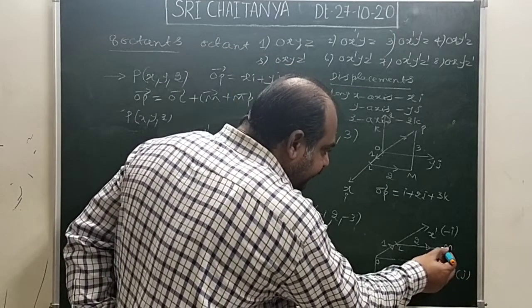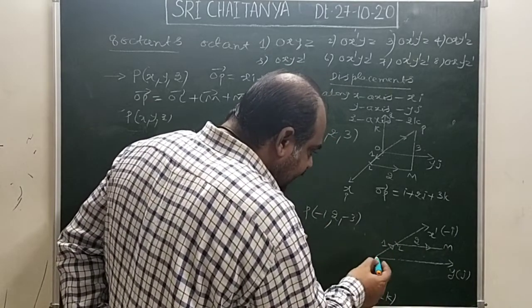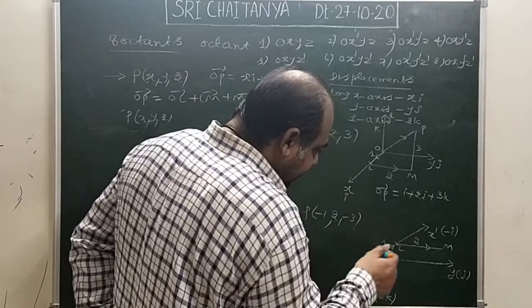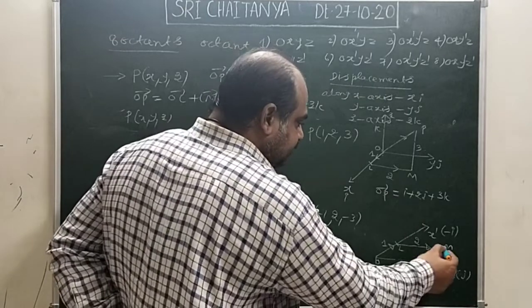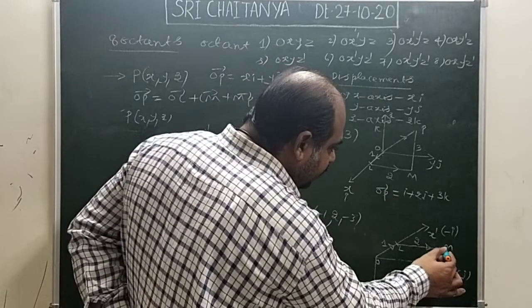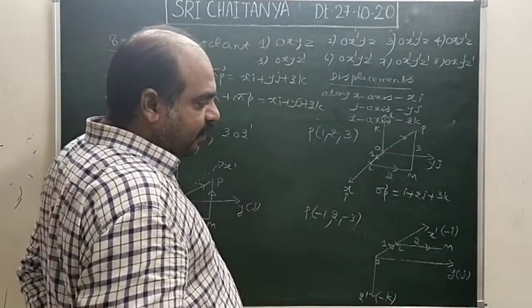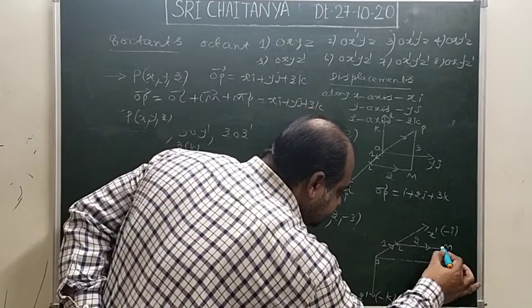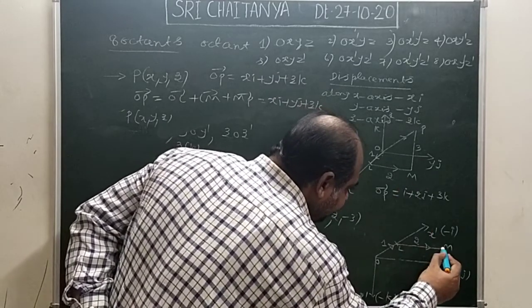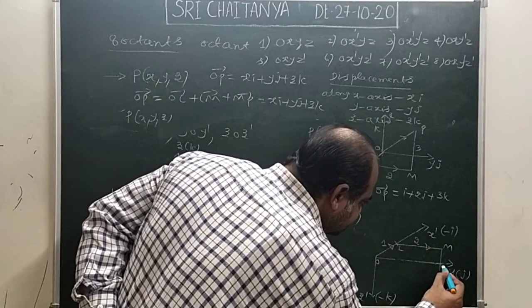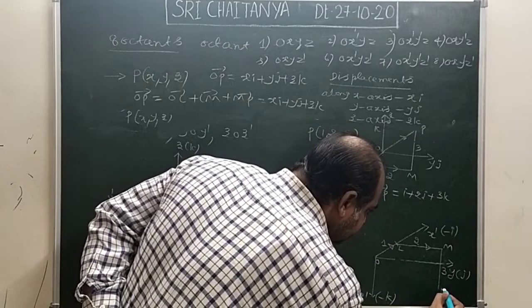From there, OZ means towards your face. OZ dash means where will it be? I have represented it here. Actually, that will be that side. This is OZ, so OZ dash means that side of the paper. That means from here, the point will move not towards your side, but that side, the opposite side of the board. That means I am representing it downwards. OZ dash downwards means it will go inside. That means 3 units displacement towards the negative z-axis. That means this is the resultant P.